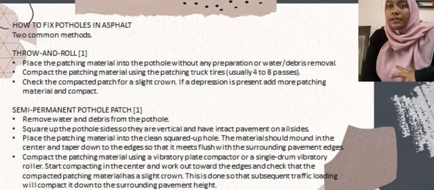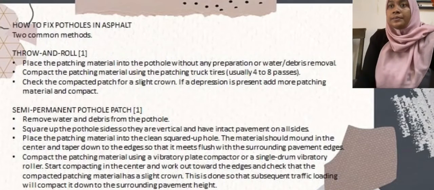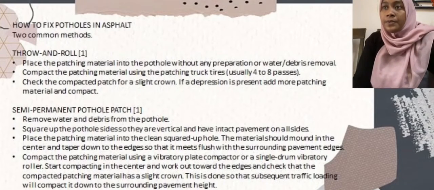The second method is the semi-permanent pothole patch. First, remove water and debris from the pothole. Second, square up the pothole sides so they are vertical and have intact pavement on all sides. Third, place the patching material into the clean, squared-up hole. The material should mound in the center and taper down to the edge so that it meets flush with the